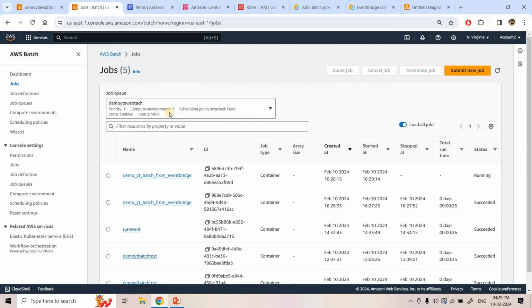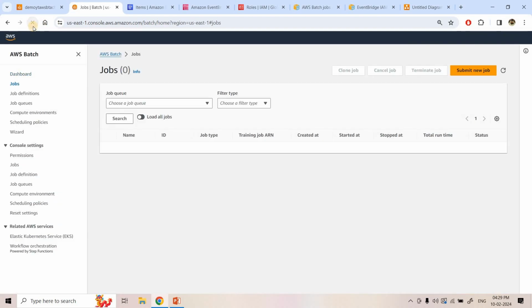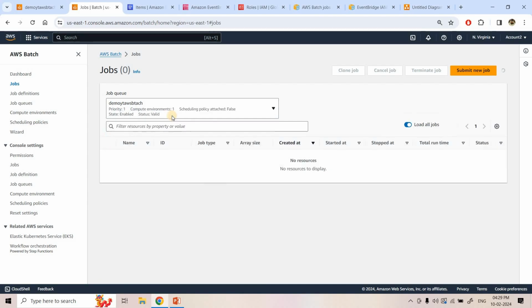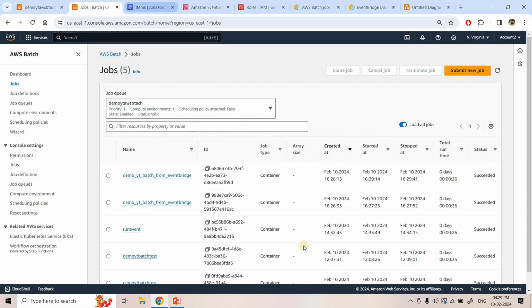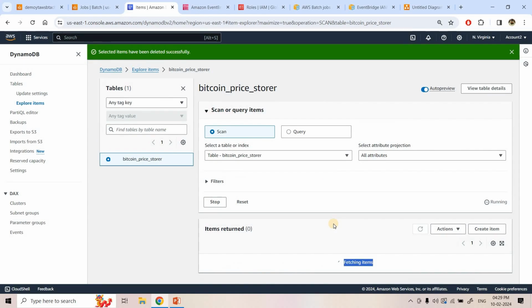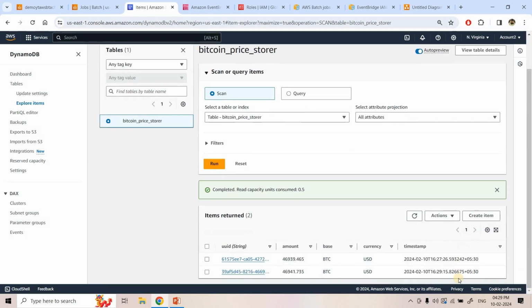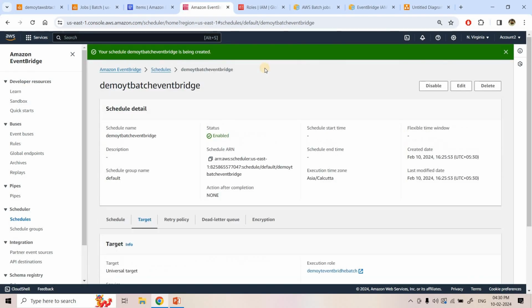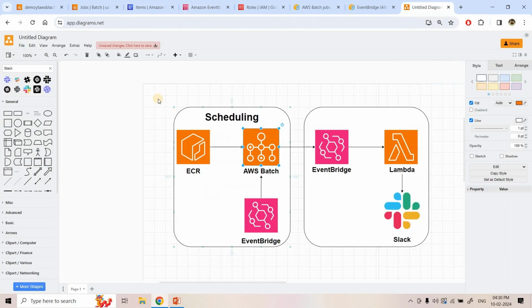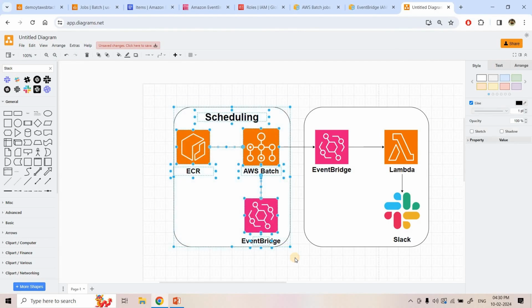And here now the job is running. And it is succeeded. So in our DynamoDB, one more row should be inserted automatically. Let's see. And here you can see at 4:29 PM, that is just now, one more row got inserted. Earlier one was 4:27, now it is at 4:29. So at each 2-minute interval, one new row will be appended in this DynamoDB table based on this EventBridge configuration, right?